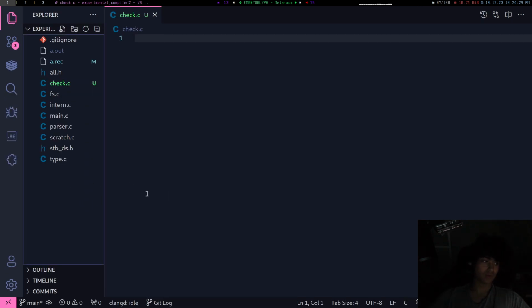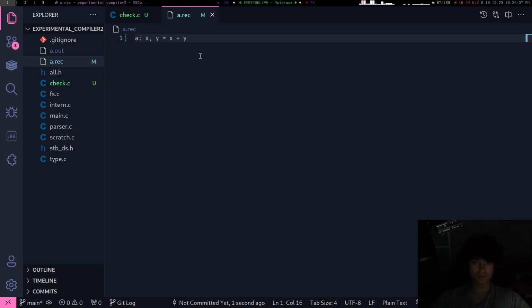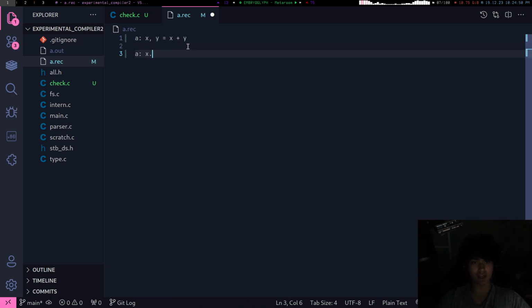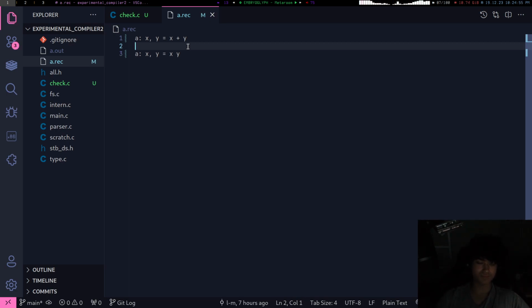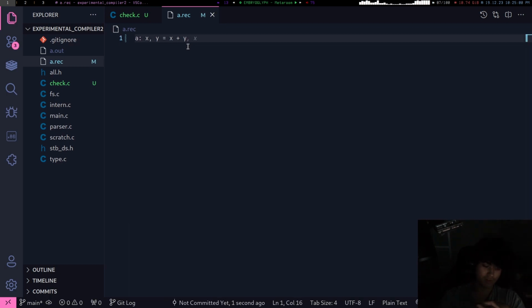What's a really complicated thing is the inference of function types. You can do this. Obviously, by looking at this, you can assume that x and y are probably numeric types, like integers or floats. But that's really all you have to go off. Let's say you have a equals x, y equals x called with y. How do you deduce the types then? I think I'll do that in my own time, not even in a different stream, because that's actually really hard. I'll have to read a couple papers.